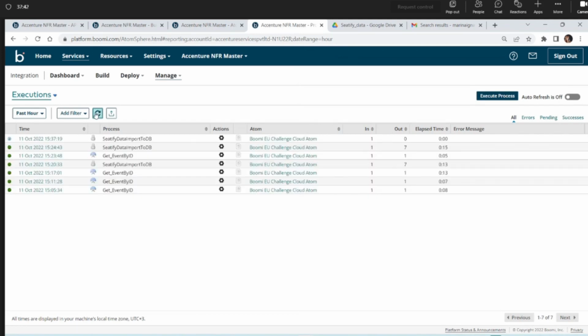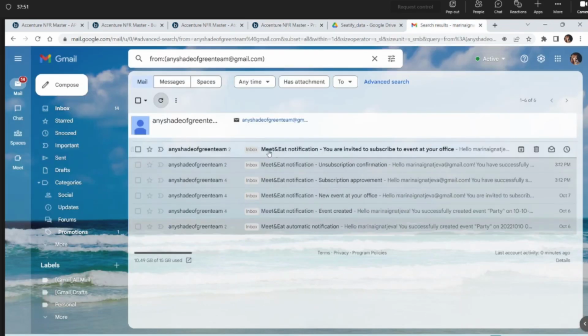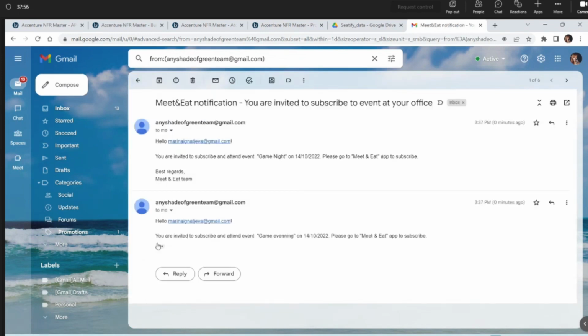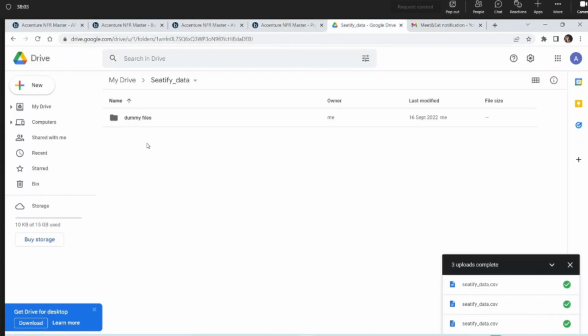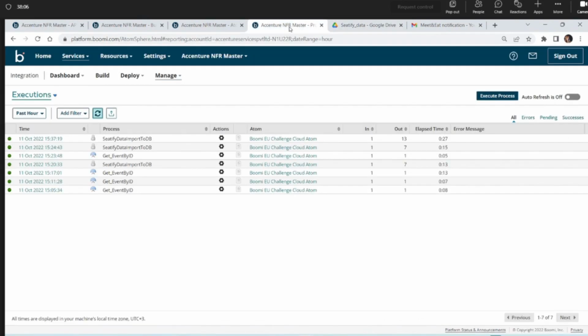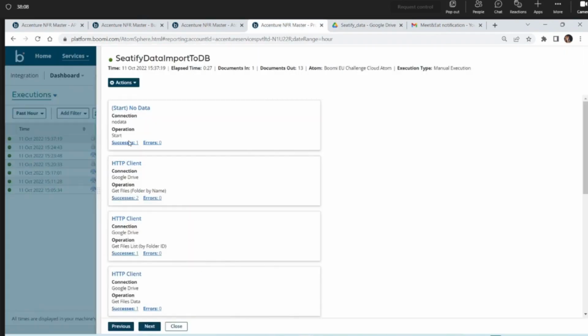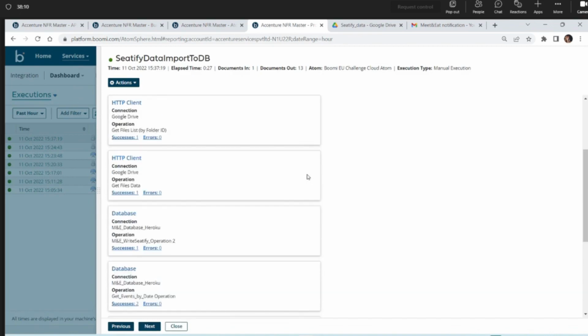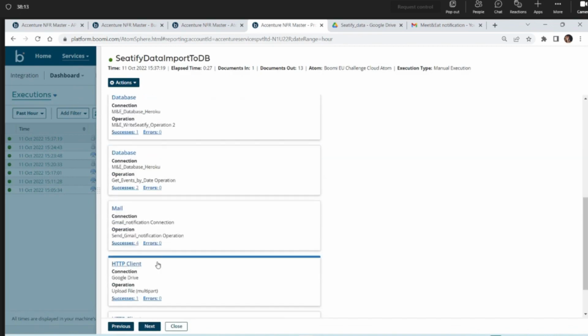Good. And we have an invitation. You're invited to subscribe to an event at your office. And the file is removed. And inside the process reporting page, we see the send Gmail notification operations